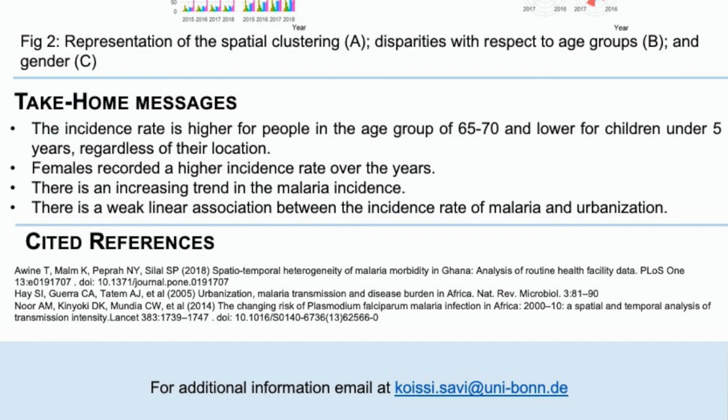Similarly, there is a significant but weak inverse linear association between malaria incidence rate and urbanization. What can then explain such a linear association? The result of the machine learning method used reveals that there is an association only when the vegetation is sparse